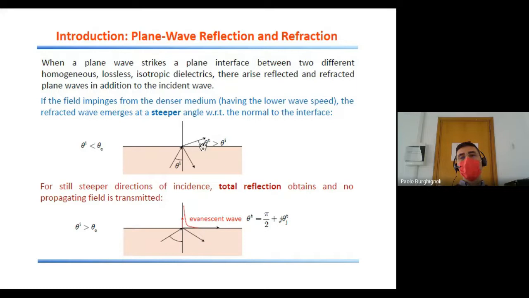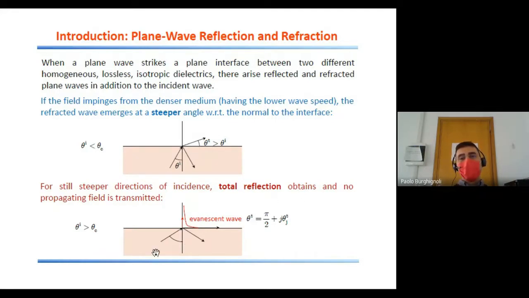In this figure, the transmitted angle has been indicated in a wrong manner. That should be measured from the normal to the interface rather than from the interface itself. So that's a typo. If you still increase the incident angle beyond the critical angle, then total reflection occurs, which means that the entire